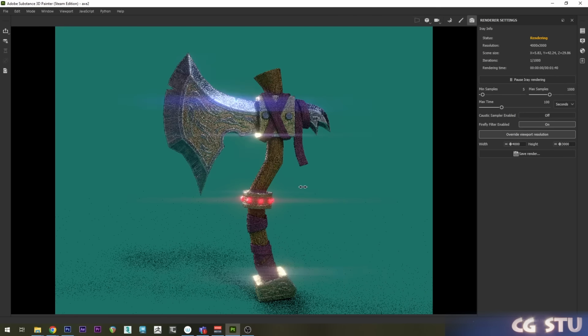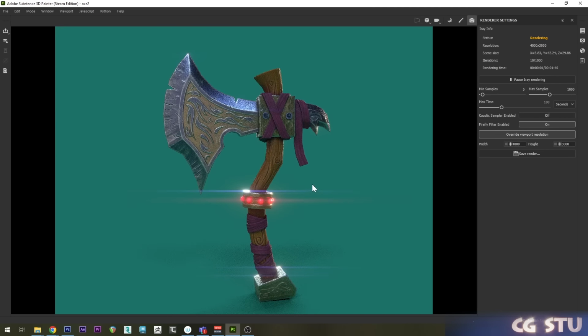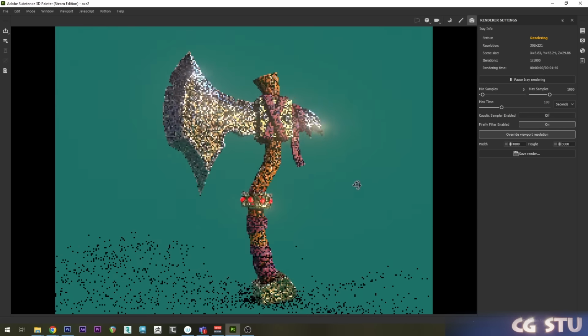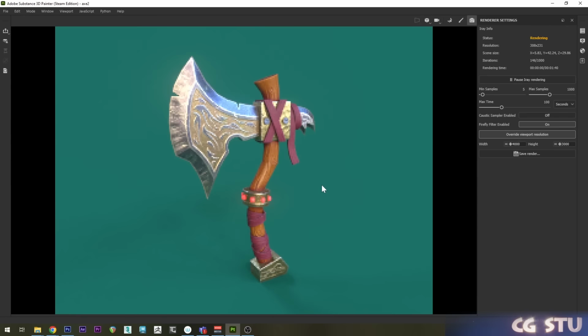Not the best looking thing in the world, but it works! So now you can export the textures and use it in a game engine and slash things, I guess. Speaking of slashing,